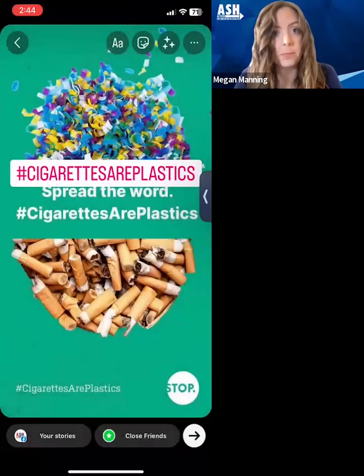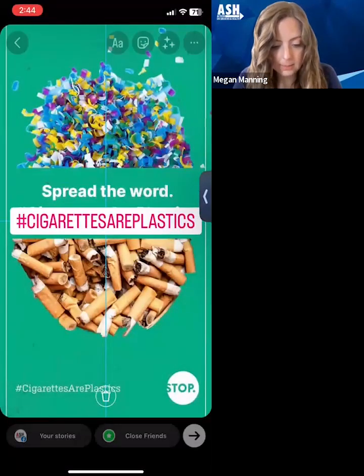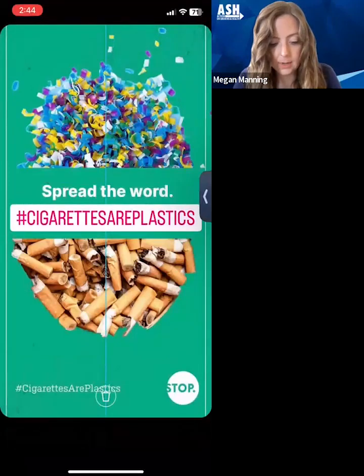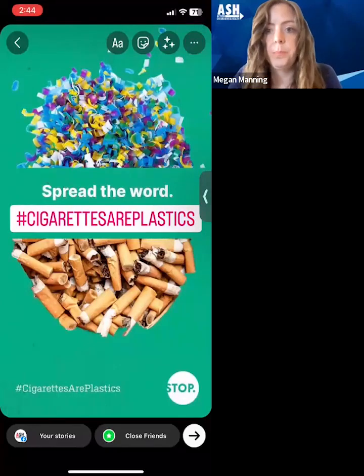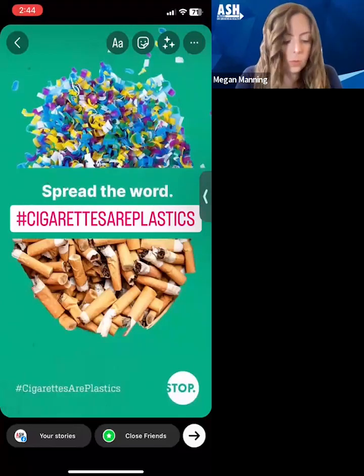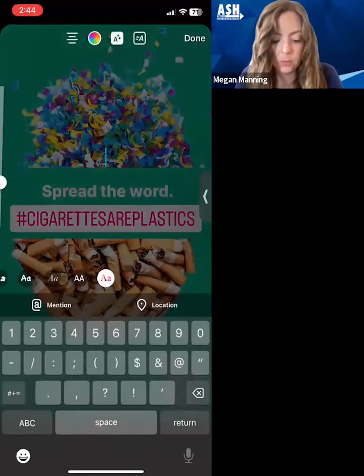I'll hit done in the top right. Again, I can pull it down. I'm just going to cover up that hashtag. It's a good way to make it engaging. Now that'll be part of the clickable search engine within there. And I will tag Stop since it's their graphic. So I just tapped in the open space,